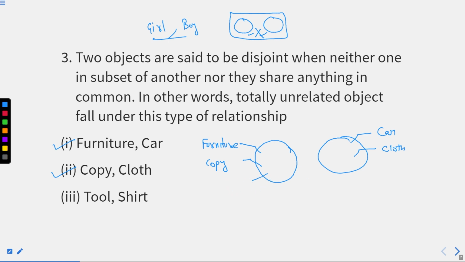Now the third is tool. Tool is used to repair something which is not good, used by mechanics. And shirt is something which we wear, right? Which everyone wears. So all three examples represent different things. They have nothing in common. So here you get things done, right? These are the three examples.